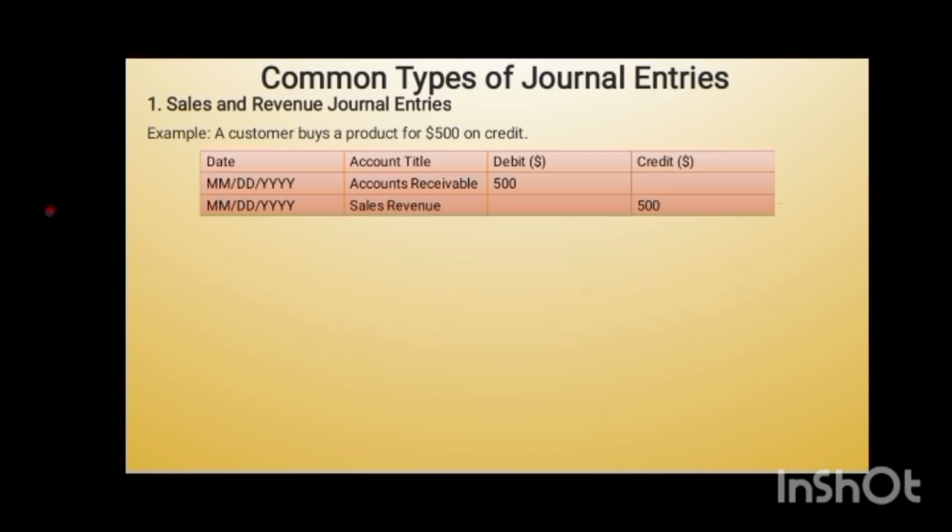So what will be the transaction? First, for the journal entry, we must know the date. The detail of the date we will get from the source document, right? We have receipts and bills, and from there we will get the date. We will check the account title. The account title here is sales and revenue,